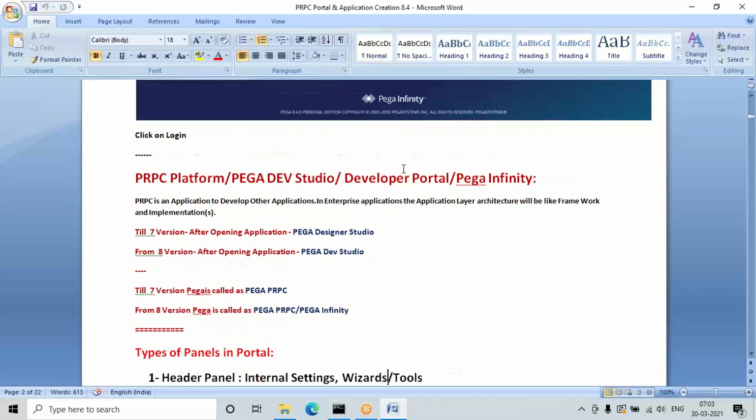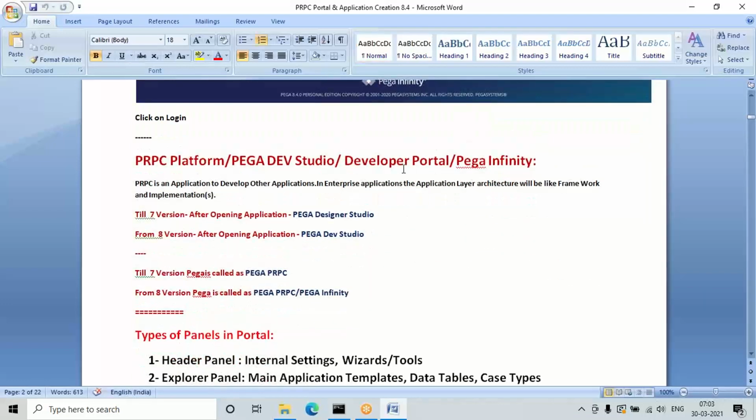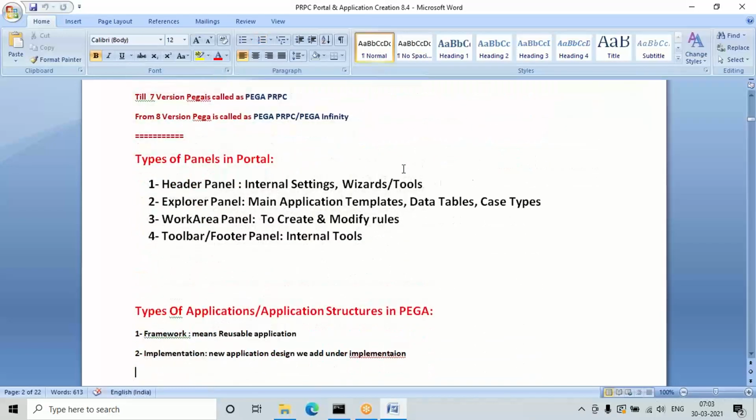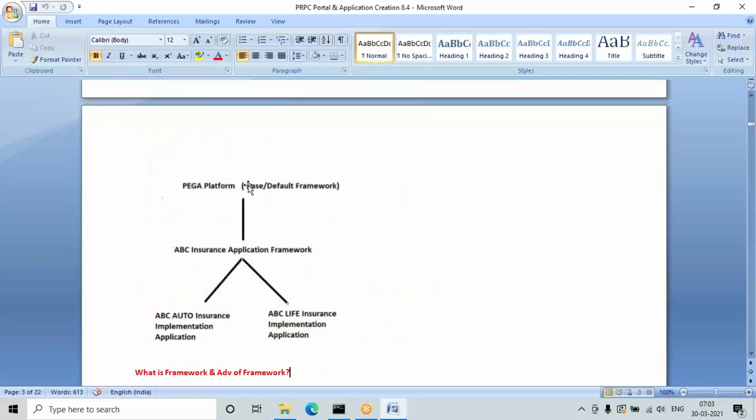Inside that, you'll have a basic framework application. When you log into the platform, Pega contains a basic framework application, or we can call it the default framework. And in order to start a new application development,